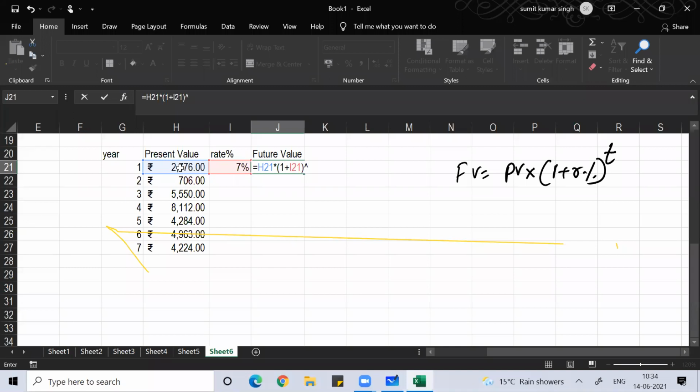Now this will grow for how many years, guys? This will grow for 6 years. So how to write that 6 years? Why should I write 6 years manually? Because then automation will not work. In data science, what we are trying to learn should work on automation. Every time you don't have to do the same thing. That's why we are learning. If every time we have to do the same thing by ourselves, then we are not learning anything in Excel.